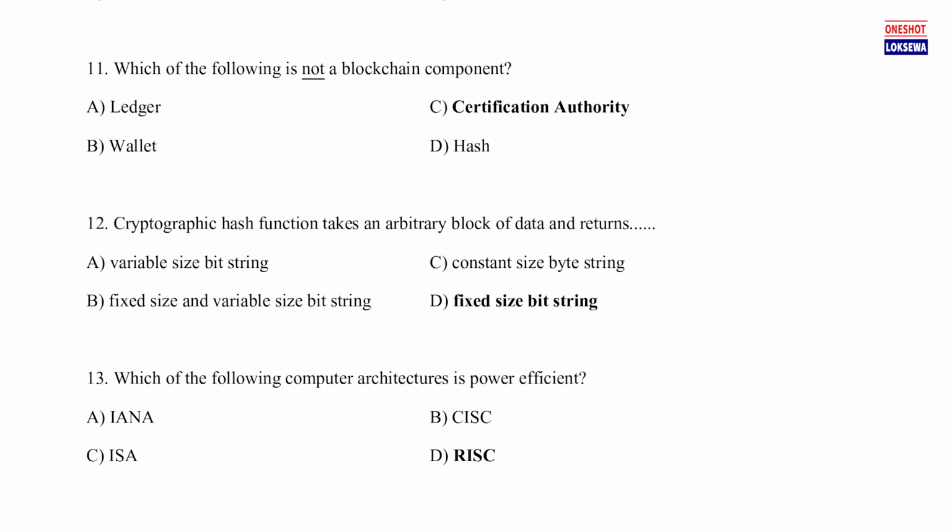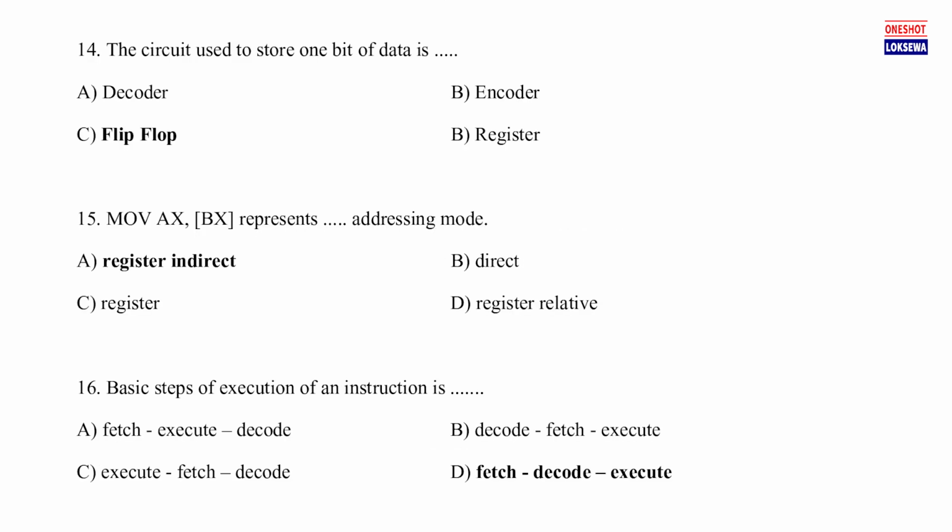C. Constant size byte string. B. Fixed size and variable size bit string. D. Fixed size bit string. 13. Which of the following computer architectures is power efficient? A. CISC. C. RISC. 14. The circuit used to store 1 bit of data is